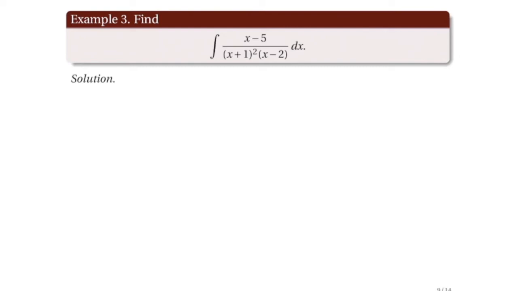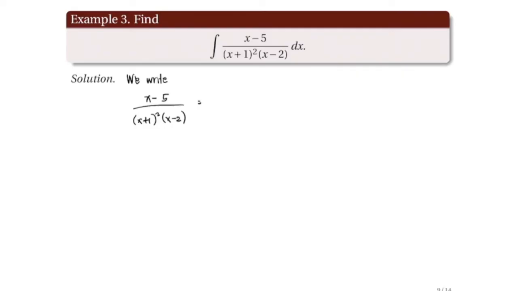So, notice that if we write x minus 5 divided by x plus 1 squared times x minus 2 in terms of its partial fractions, then